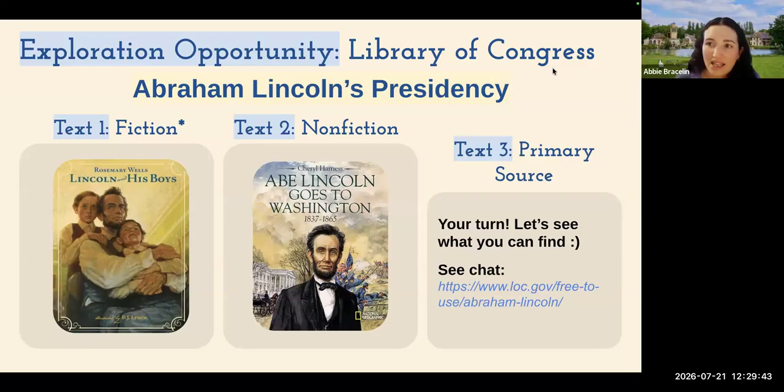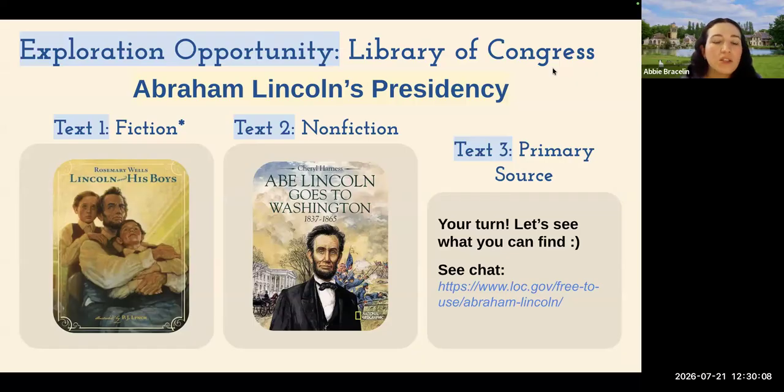What was he feeling at that time? What did he actually do? What were the perspectives of those around him? So the text set that I've created here, I pulled these two books from that book list that Autumn has put in the chat. So you can take that and tuck it away for later if you're interested in looking at it. But that's a place to start if you're interested in this topic specifically.